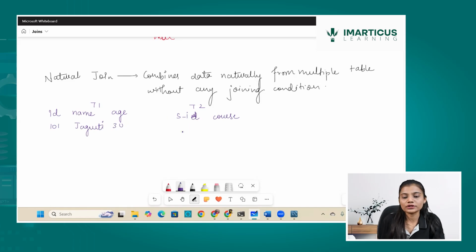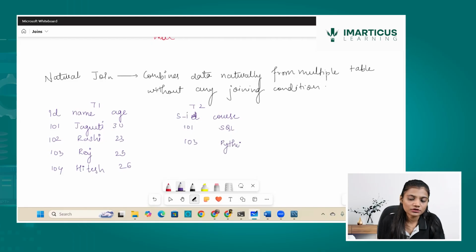The student ID over here is 101, and I'm doing the course of SQL. Let's say there are a few more students: Rashi, age 23, and 103, let's say this is Raj, and this is 25. Let's say 104 is Hitesh, and this is 26, and 103 is doing the course of, let's say, Python. So this is the data.